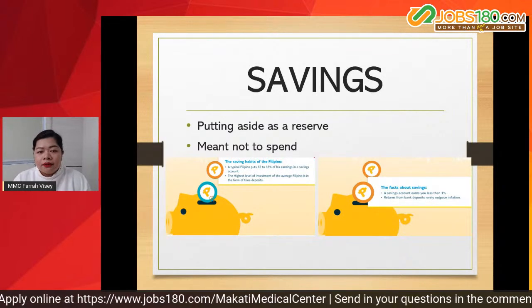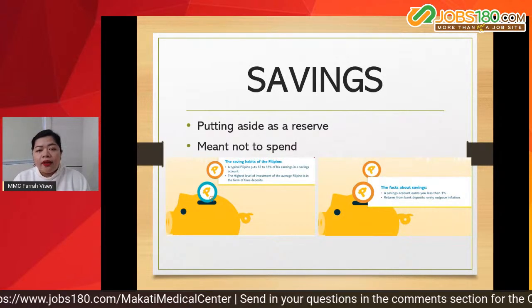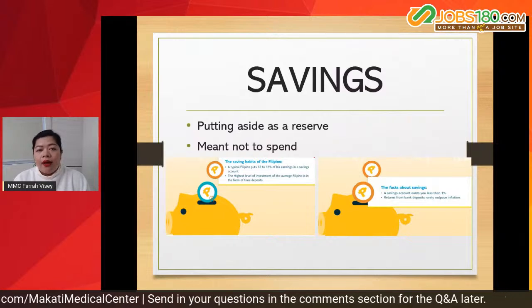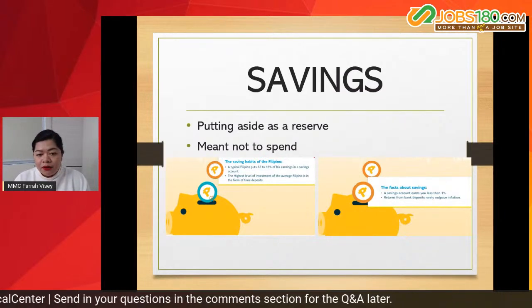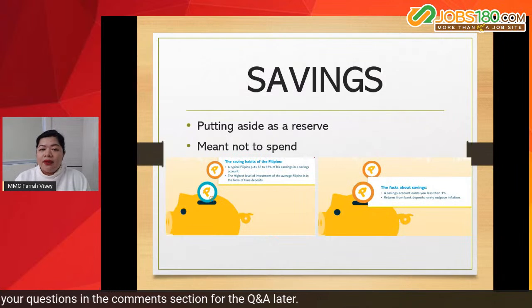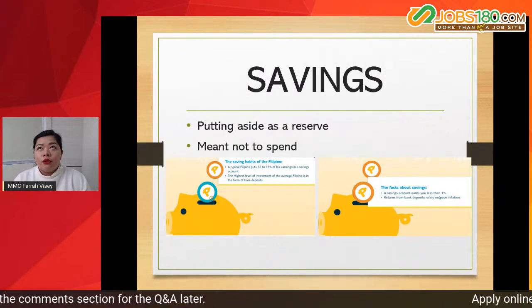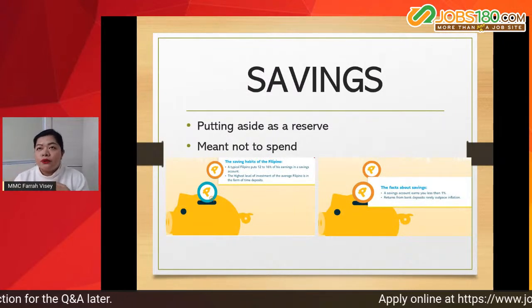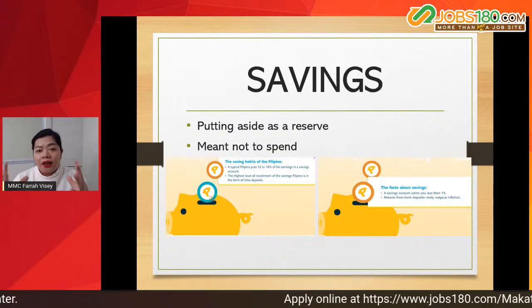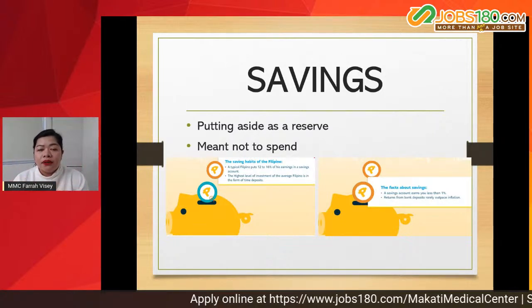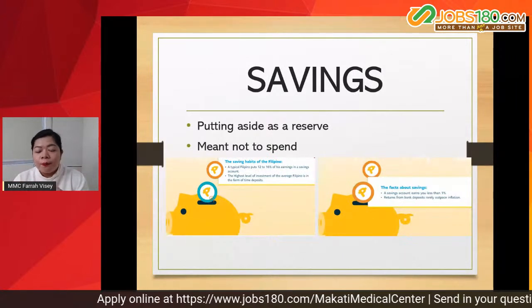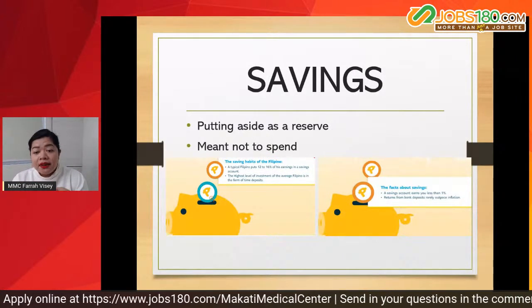So, according sa study, no, 12 to 16% of savings, majority sa mga Filipino, yun yung ginagawa nilang savings. And yung mga ibang nakakaangat or those people or employee na mas higher yung sweldo nila, they are putting their money in the time deposit, no? And then savings